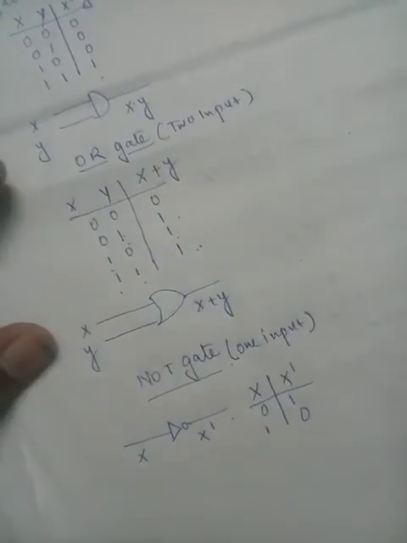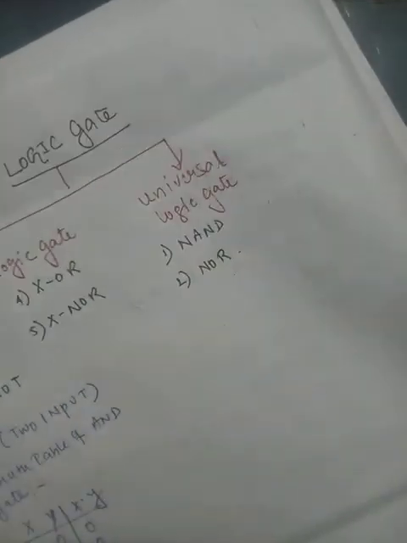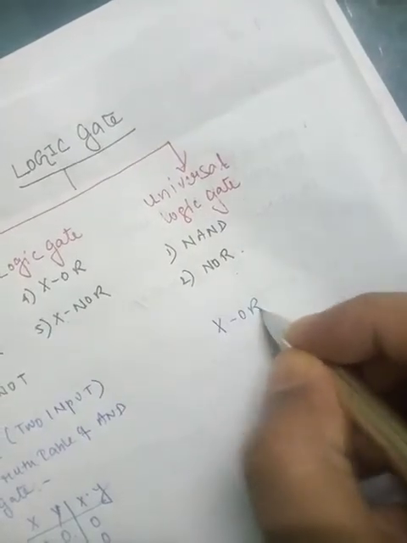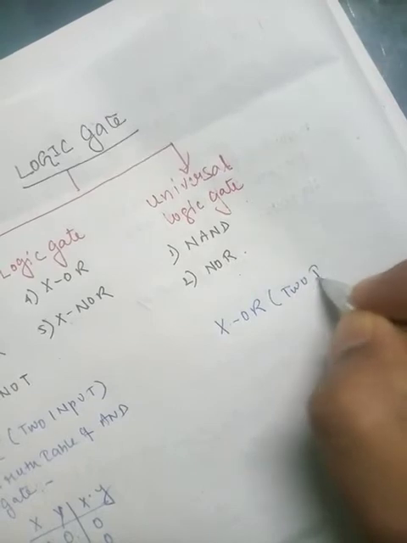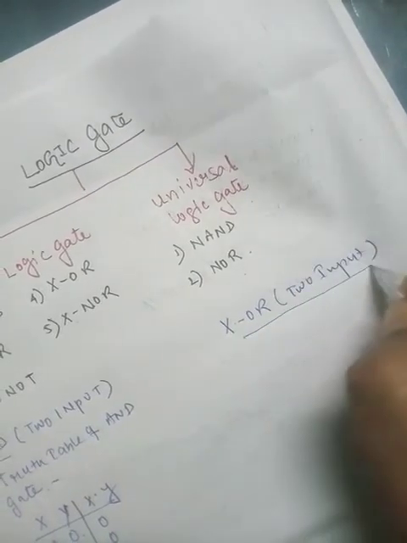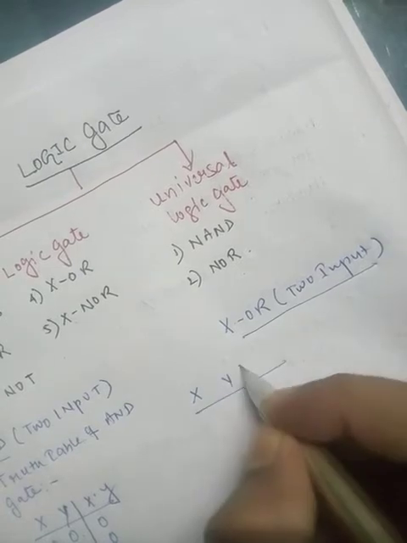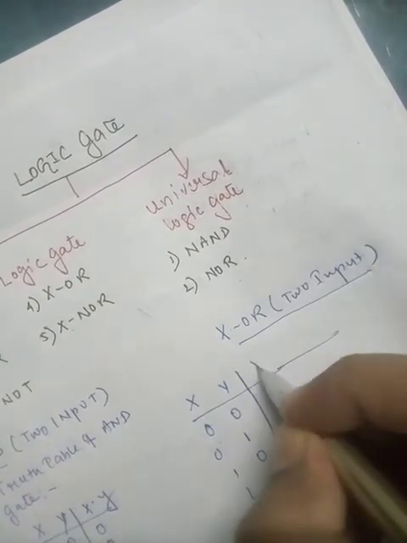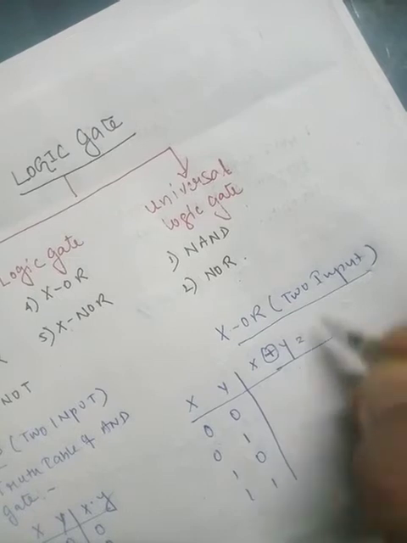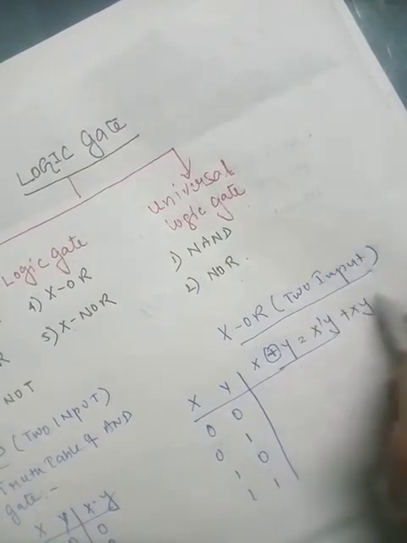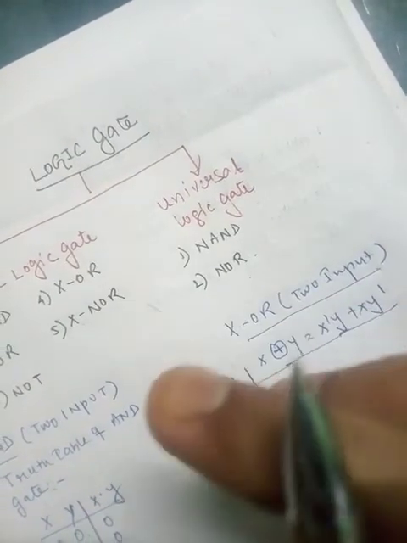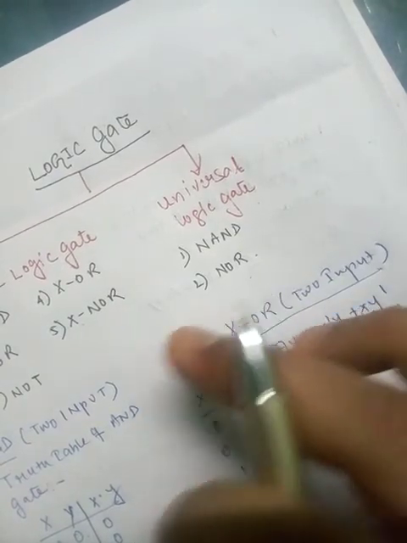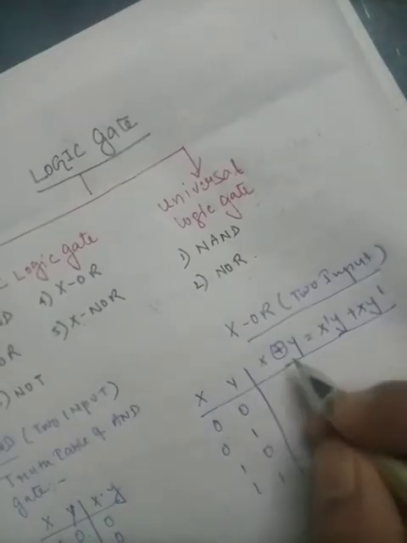Now 2 gates have been left on basic logic gates. Today I will do another gate, that is XOR. This is also 2 input. What will be the truth table? Same truth table, 0 0, 0 1, 1 0, 1 1. The formula, always remember, x XOR y, and the formula is x bar y plus x y bar. This is the actual formula of our XOR gate. This is included in chapter 1 of logic gate of any class 12 book. So please go through it seriously, because the diagrams matter much more.